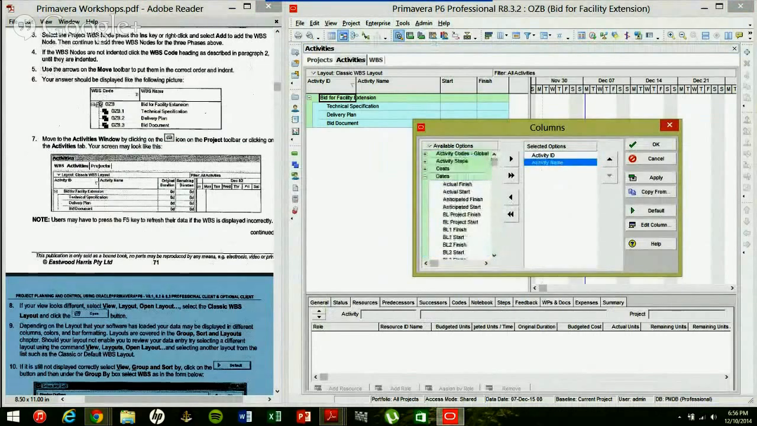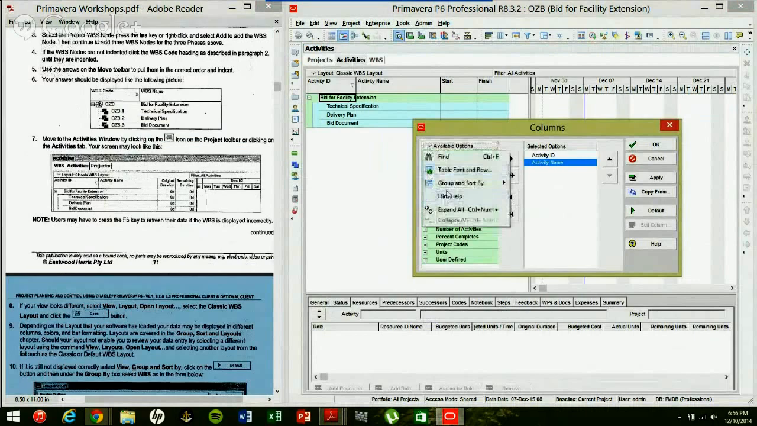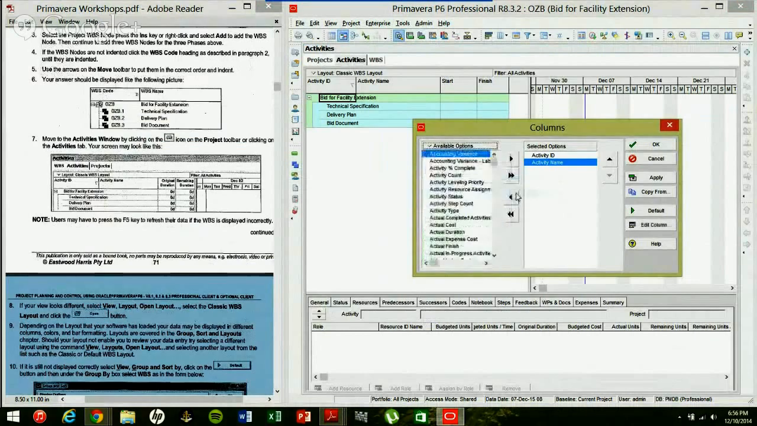Now, I want original duration and remaining duration, and we have all this list of things, and I don't know where specifically it is under. So again, there's this drop down menu. I'm going to click here, go to group and sort by, select list, and it will just list everything out for you. Now I'm going to go ahead and find original duration